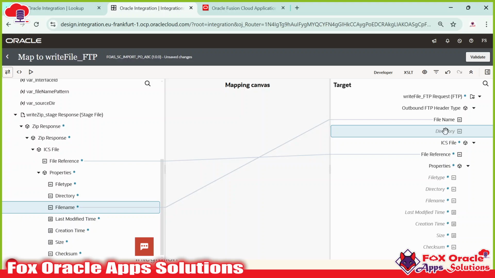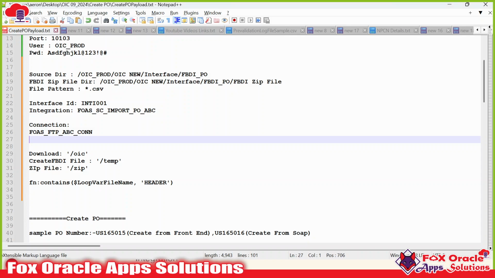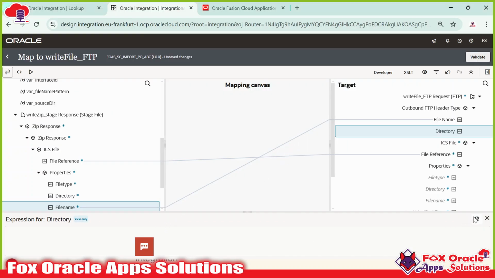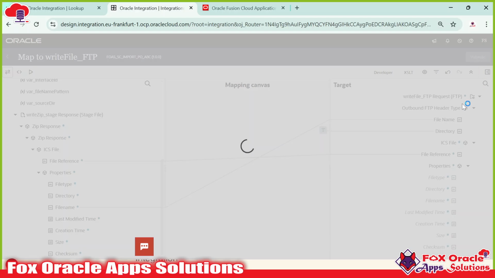So the directory in the FTP, what directory do we want to write to? In the FTP we want to write to this directory, right? This is the FTP zip file directory. So I will copy this one and provide it here, right? So now it's done. Validate